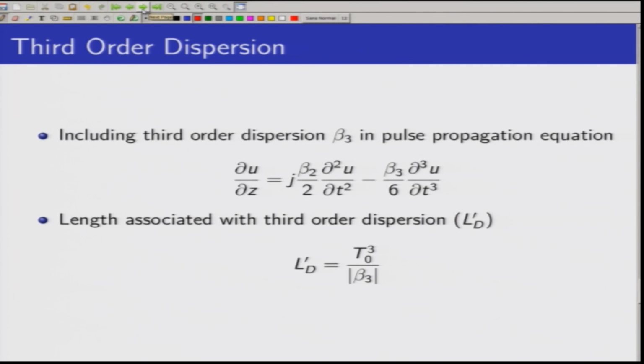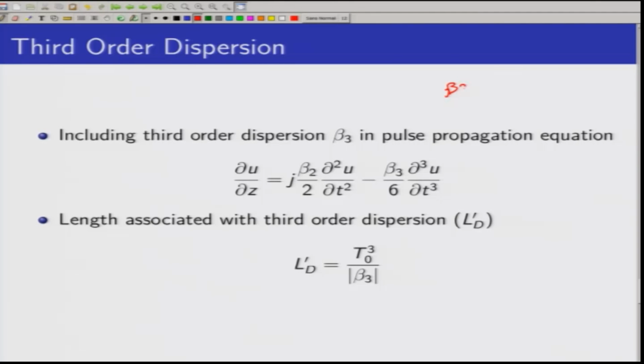The other factor is the third order dispersion. Usually beta 2, the second order dispersion, dominates in most practical cases of interest. However, if our operating wavelength is really close to the zero dispersion wavelength, where beta 2 goes to around 0, then beta 3 actually comes into play, and we study the effects of beta 3 on the pulse propagating in the optical fiber. Another case would be when we have very narrow pulses, where beta 3 effects also come into the picture. Otherwise, in most practical cases, we do not usually consider third order dispersion.